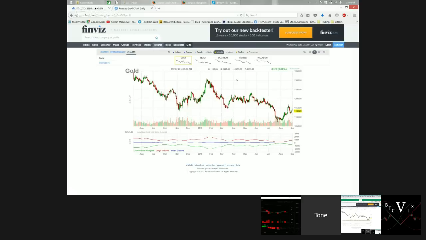The way I played gold back in August, I went long from about 1090, and I got out at around 1140, a bit earlier than it topped out. It topped out at 1165. I ended up shorting gold at 1140. I believe it went up to 1170 right after I shorted at 11. Sorry, I shorted at 1160. The next day, there was the big market crash in the stock market, the Black Monday. Gold popped to 1170. I was down $10 in that position, and ever since then, it's been looking pretty good.